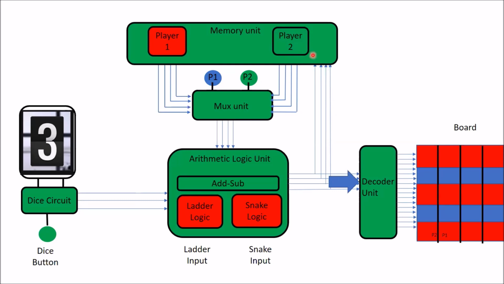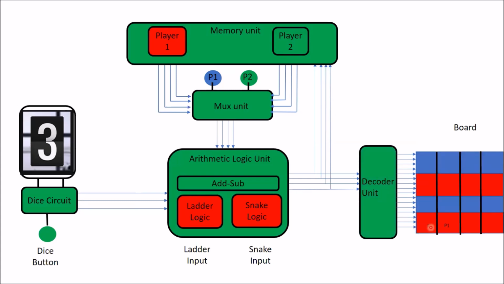So update the memory, update done, and as well as update the decoder. Decoder update done. So now player 1, player 2 will be updated. The position of player 2 will be from here 3 positions ahead. So that will be the location. So now this is the location we got for player 2. Now that is how your player 1 and player 2 play.